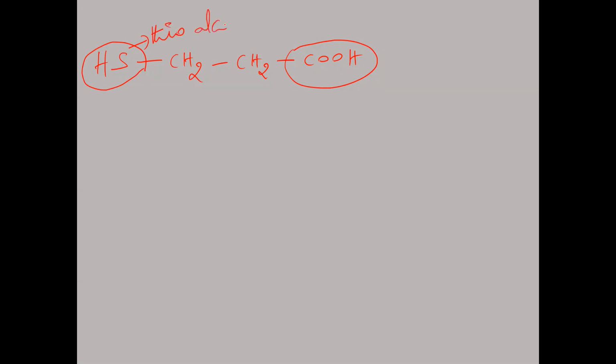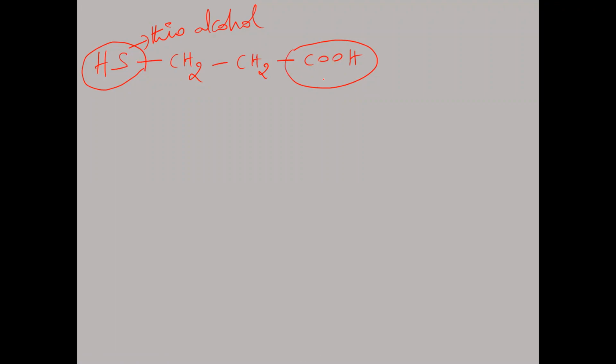Thioalcohol. OH is what? Alcohol, we know. But SH is called thioalcohol. Sulfur and oxygen both belong to the same group, so like OH, SH will also be available. This is called thioalcohol. So in this case, which is the priority group: alcohol, thioalcohol or carboxy group? The carboxylic acid is the priority group here. That's what we take now.